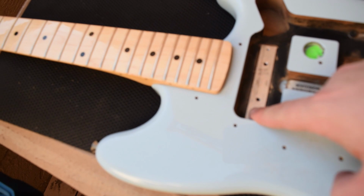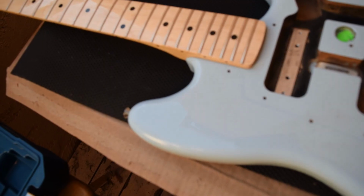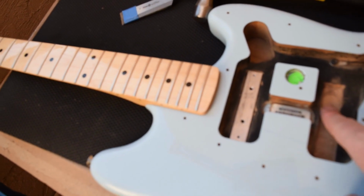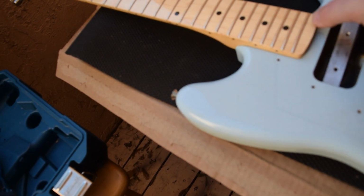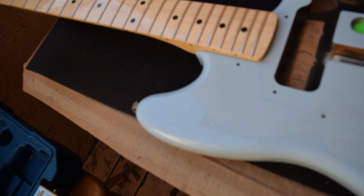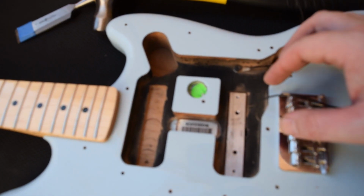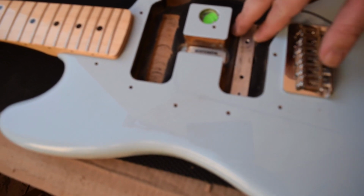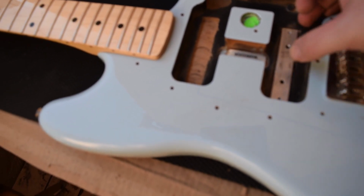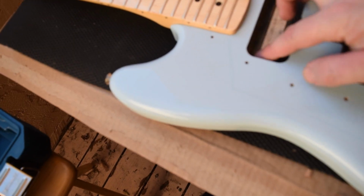That one's dang near perfect. I mean, it's a little bit high on this side because I was afraid in there. I sounded way too much off of this. But shoot, I can't even really get it out with my fingernail. It's not going to be completely level or the most awesome job ever, but it's a lot deeper than it was, and that's all that really matters, because once we put the screws in there,